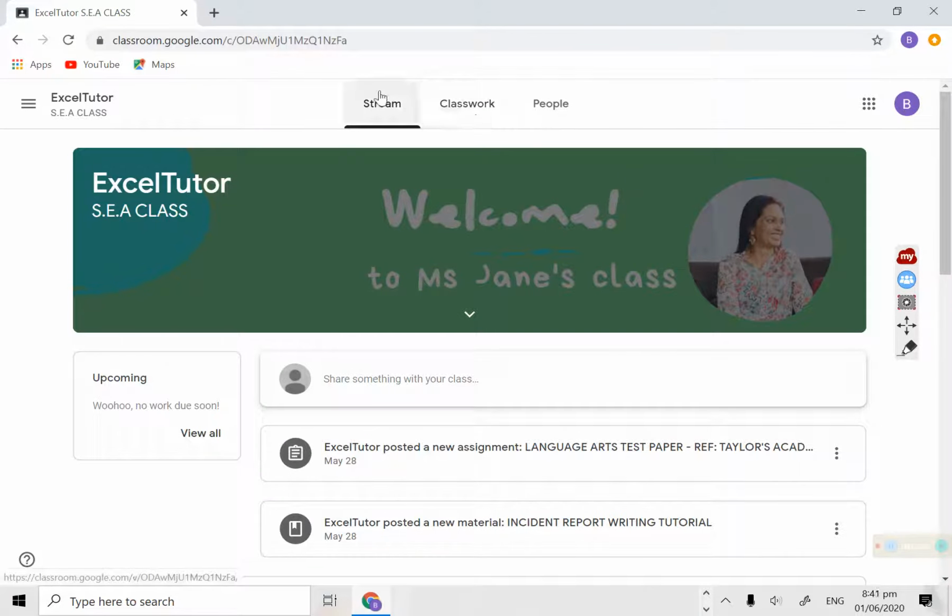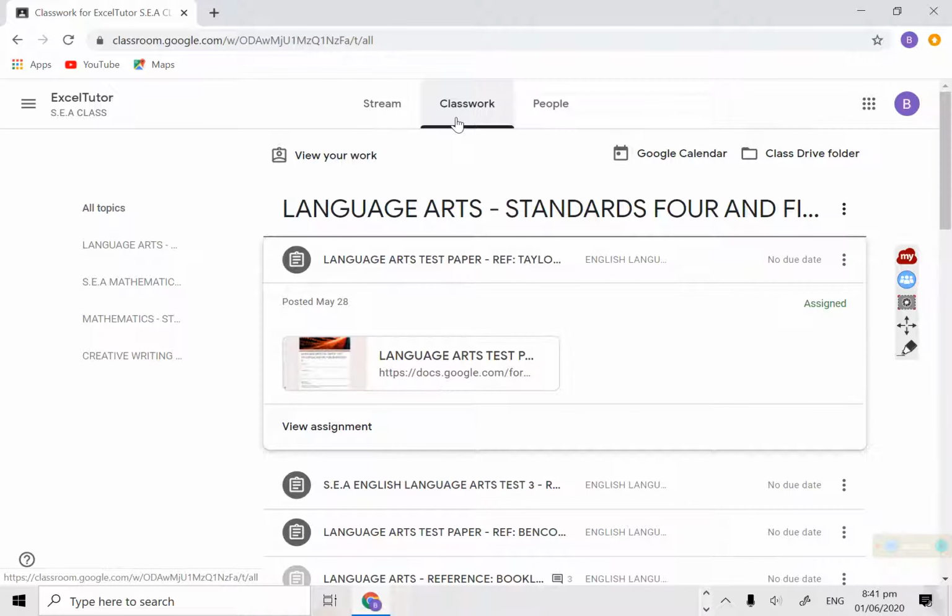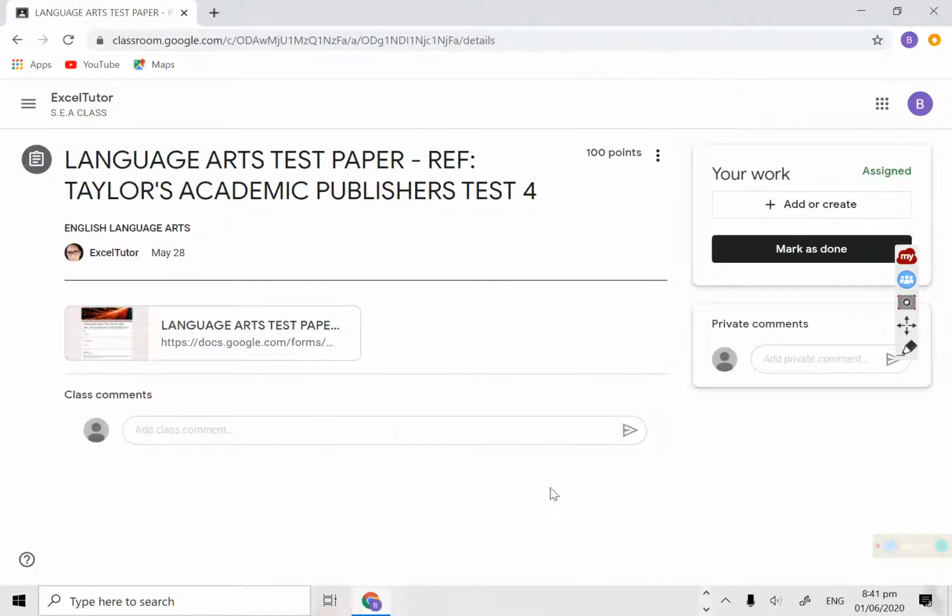So this is the stream, and I'm going on the classwork. So this was the last language arts assignment, and it is showing up here. Okay, now I'm going to view assignment, without even clicking on the assignment to do it. In fact, before I even show you how students can actually show that they had done assignments when they have not actually done it,